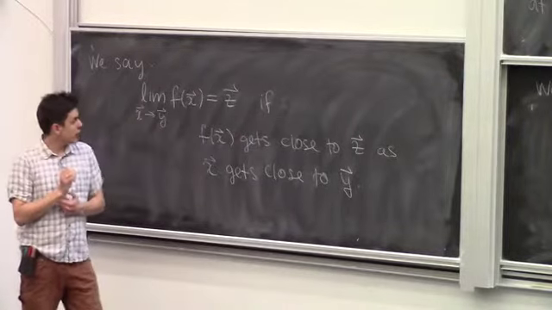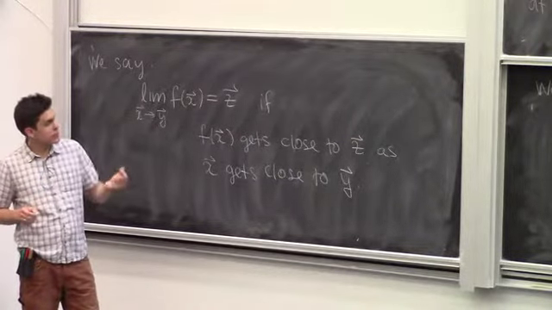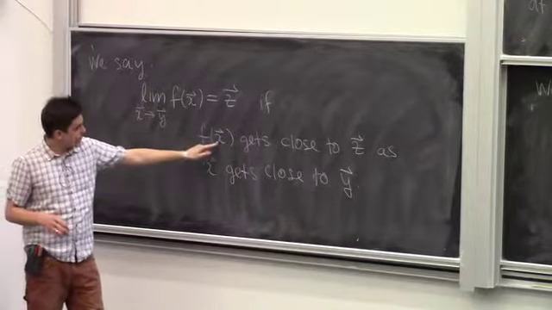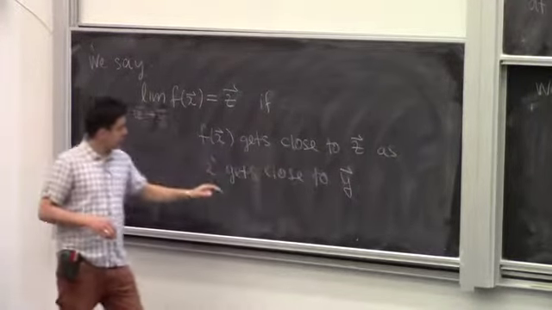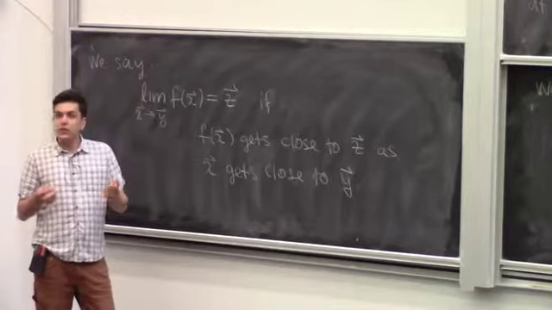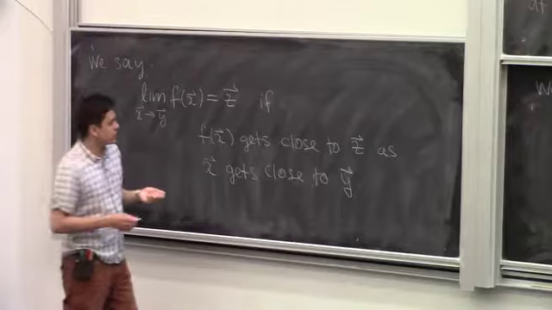Okay, so to put it informally, f of x gets close to z as x gets close to y. And now the place where we use these epsilons and deltas